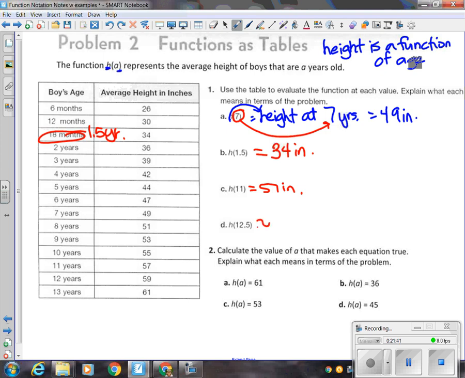So we'll have to use squiggle lines this time. Does everybody understand why it's squiggle lines? Because we don't have an exact answer. We're saying approximately what? It depends on how fast they grow. Maybe they grow like 3/4 of an inch, and then they grow an inch and a quarter. It may not be exact, but we can say approximately 60.